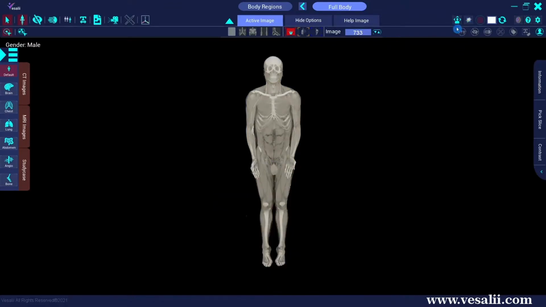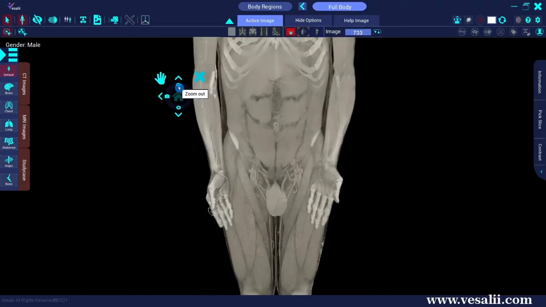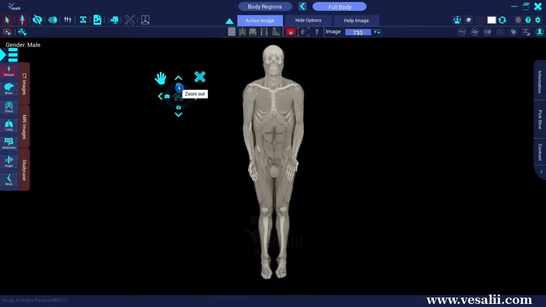We use the navigation ring to control the position of the 3D radiology images. Clicking on the plus and minus buttons will zoom in or out of the view. The camera buttons increase or decrease camera depth.